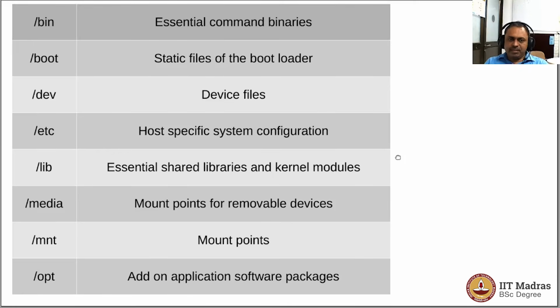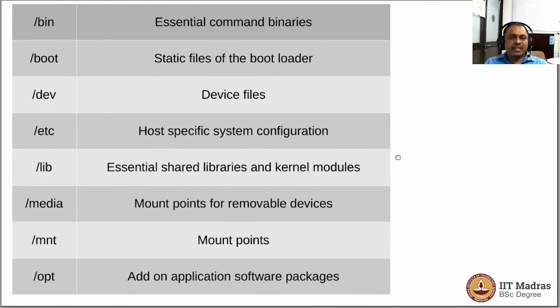The bin directory in the root folder should contain the essential command binaries or executables. These are the commands that every user in the system is supposed to be able to run. Sometimes this folder can be a link to the folder in /usr/bin, and that is a matter only of a choice from the company that packages the Linux for you. Boot folder contains the bootloader, which is what executes when the system starts up.